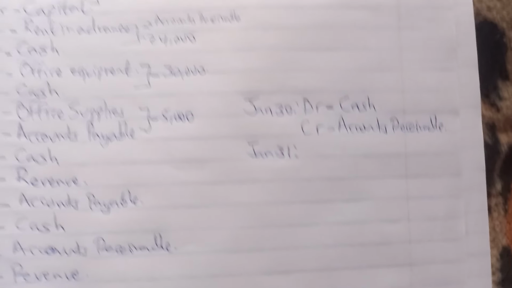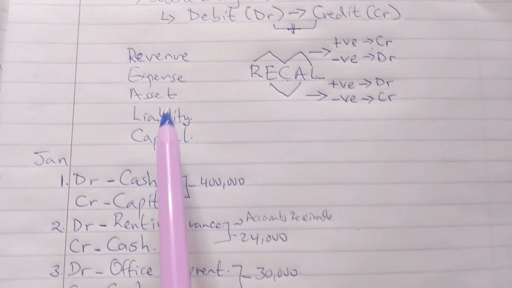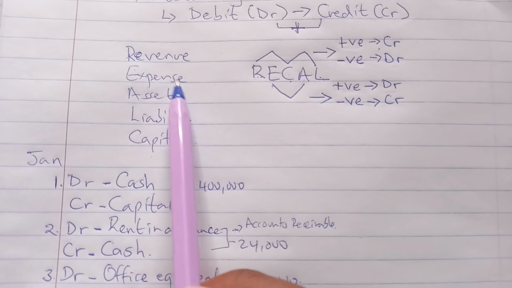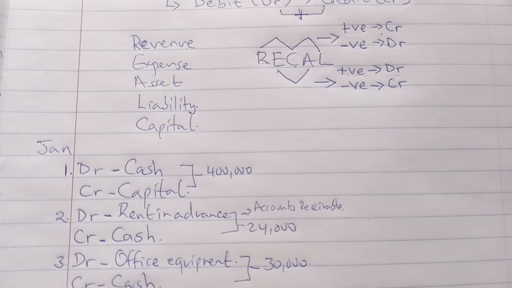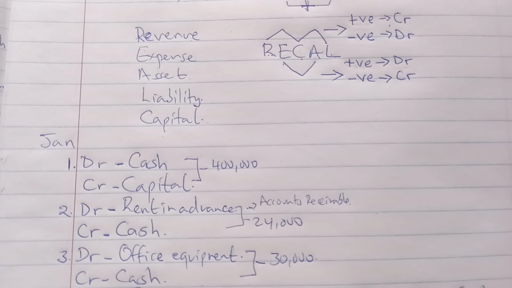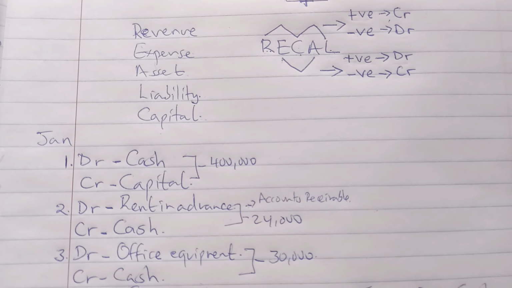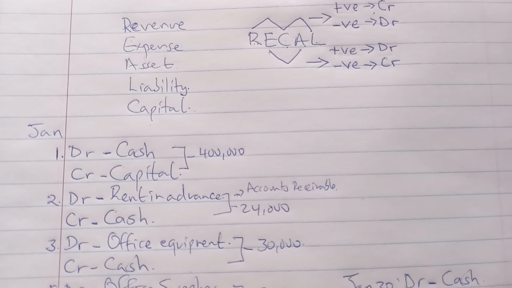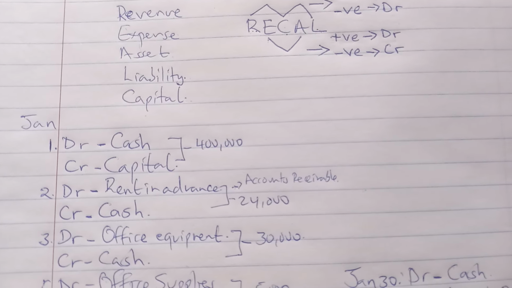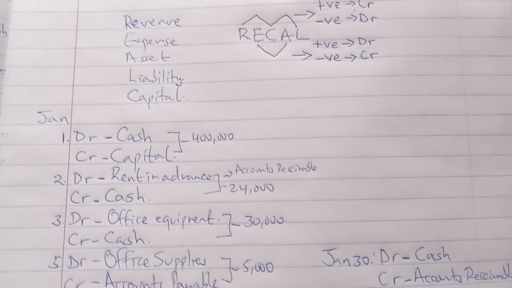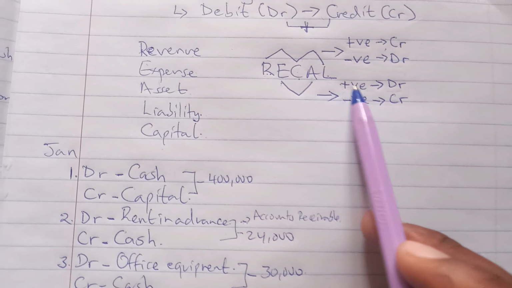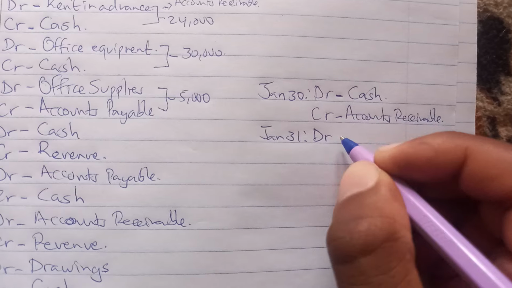Secretary's salary is an expense to the company. An expense is something that you've used services from and you are paying. The secretary, we've benefited from the secretary services, and now we are paying the secretary in form of a salary. And we know that an expense, when it increases, because it is a positive change, we debit. So we debit